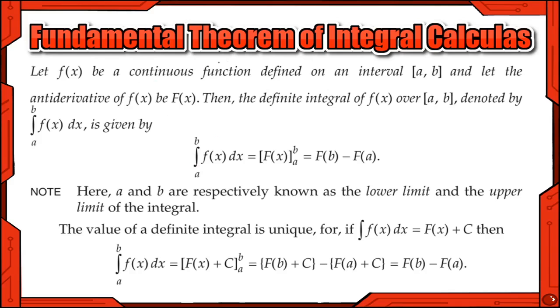So before that, the fundamental theorem of integral calculus. If we have any function given like this, f(x) from a to b, this is called the lower limit and this is called the upper limit. So first of all, we'll find its integral, or we can say the antiderivative, right? And then we'll replace x with b first, minus, then we'll replace x with a. And their difference will give us the definite integral of that particular function.